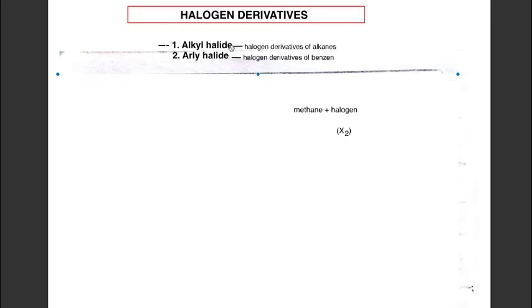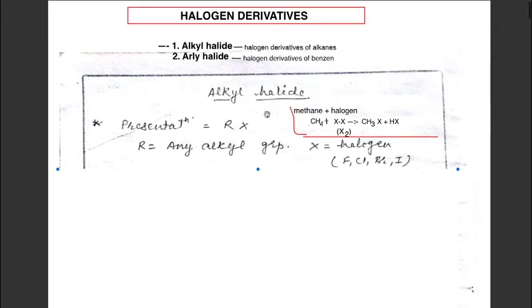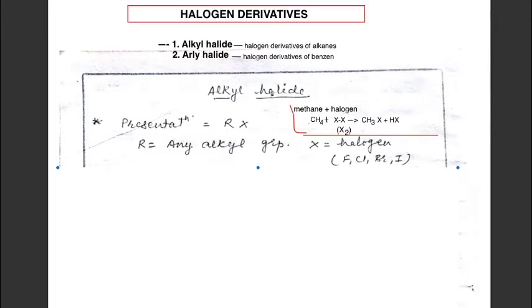Alkyl halides are halogen derivatives of alkane and aryl halides are halogen derivatives of benzene. First, we'll discuss alkyl halides in detail. As I said, alkyl halides are halogen derivatives of alkane, meaning in alkane, one or more hydrogen atoms are substituted by halogens. For example, in methane,